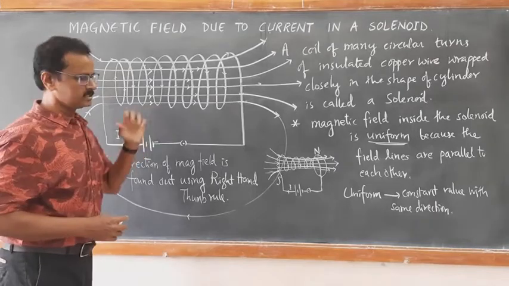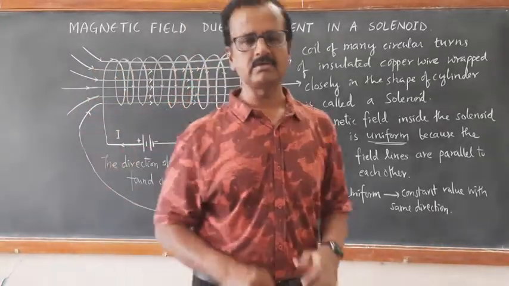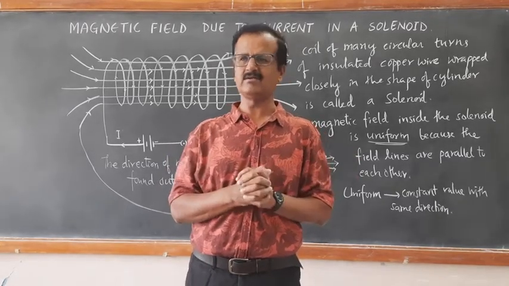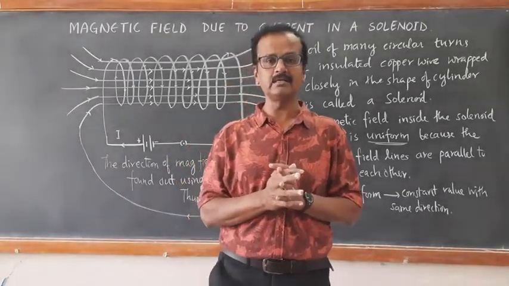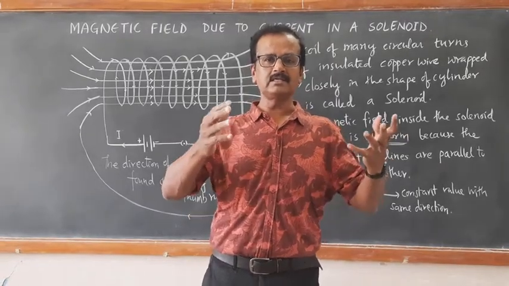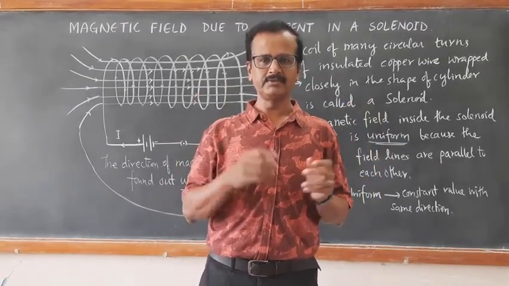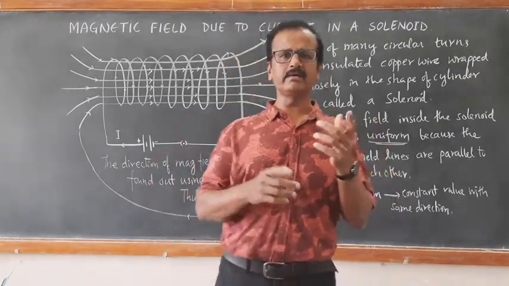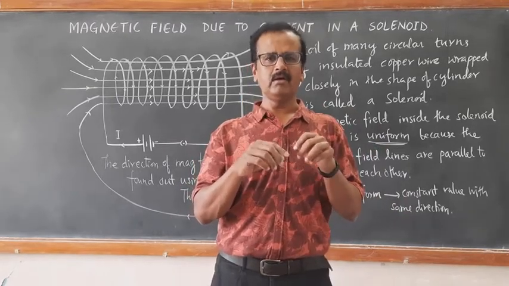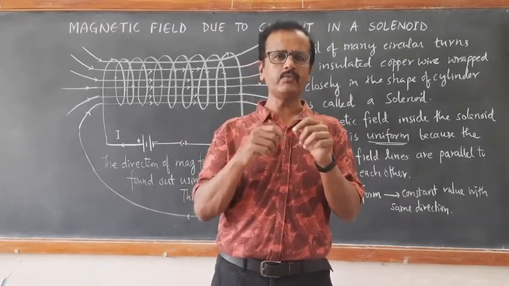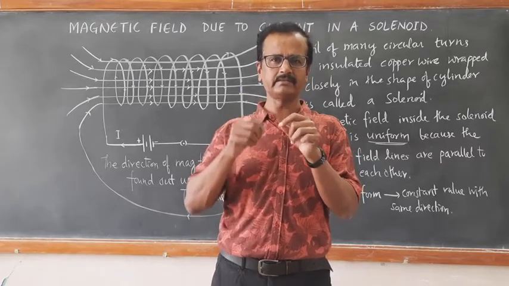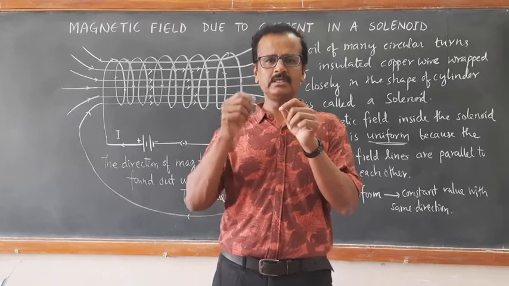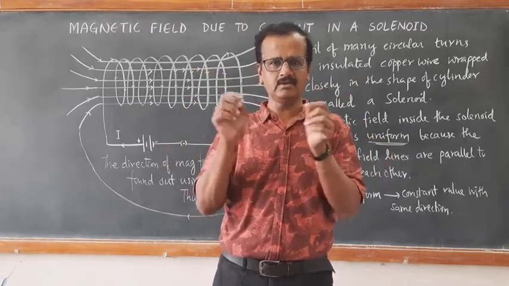See here, this you might have done when you were in 6th, 7th or 8th standard, or maybe in 9th standard, I don't remember exactly. You might have constructed a temporary magnet. If you take a thick rod, or a long nail, and go on winding an insulated copper wire on it such that the turns are very close to each other, you will have two ends of that long wire.